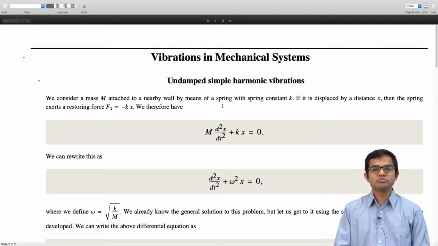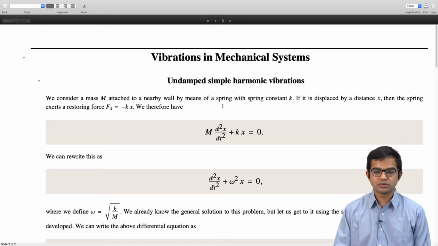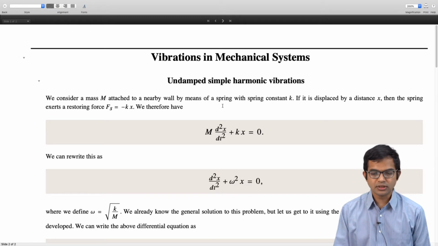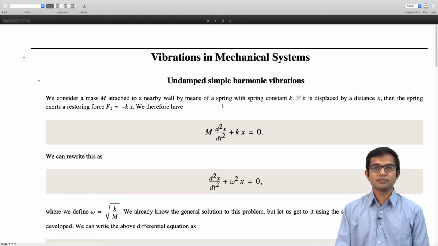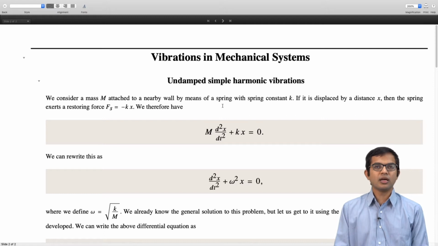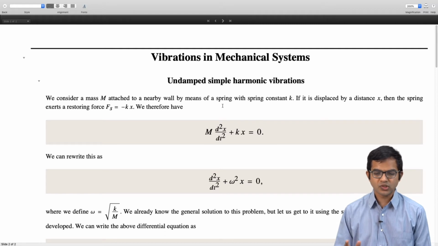Okay, so we start with something extremely familiar, very simple. Namely, a mass connected to a spring. So you have a mass m which is connected to a spring with spring constant k, and so the differential equation which comes out is simply m times d squared x by dt squared plus k times x is equal to 0, right? So if it's at equilibrium, then there is no force, and then the particle will be at rest. But if it is moved by an amount x, then there is this restoring force, and so we have this differential equation which we have seen since high school days.